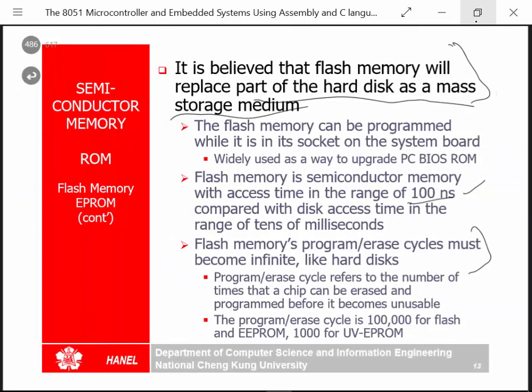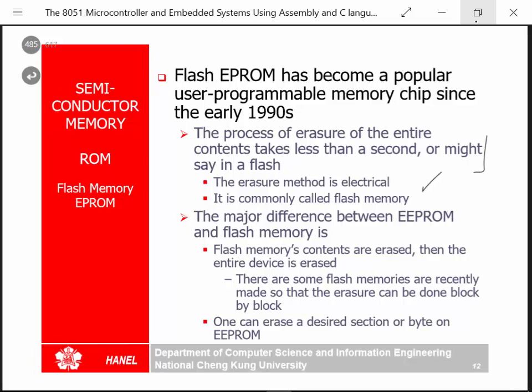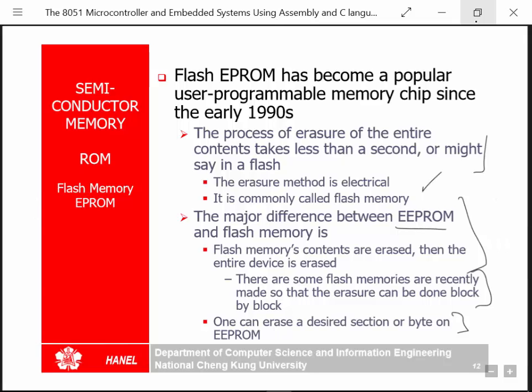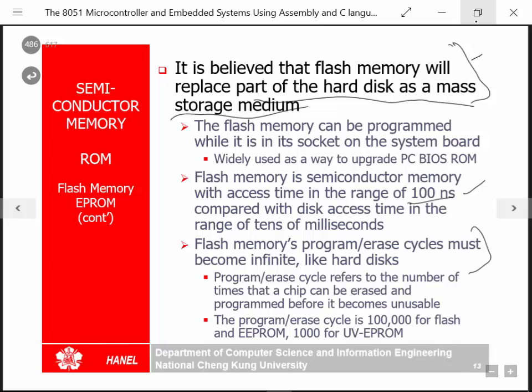The other place commonly used they make a comment on the next slide. The major difference between each is how the flash memory contents are erased. Some are done by block, which is the most common way done now, so you can erase that on the flash. With an EEPROM, you erase the entire thing and then reprogram it. Here we can do it block by block or section by section, which makes it much more usable. You can tell that this is a little bit dated.